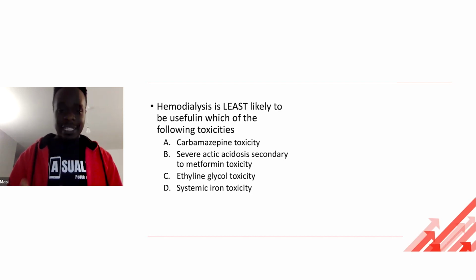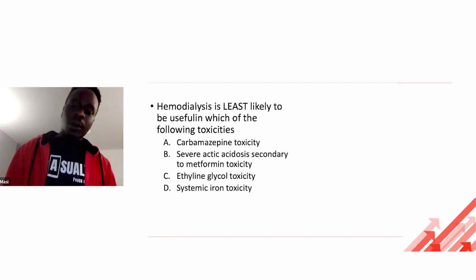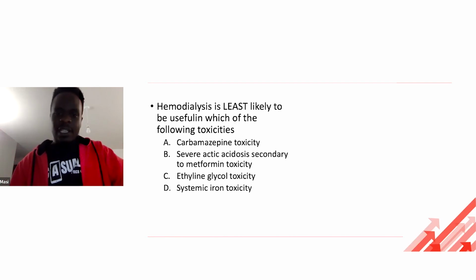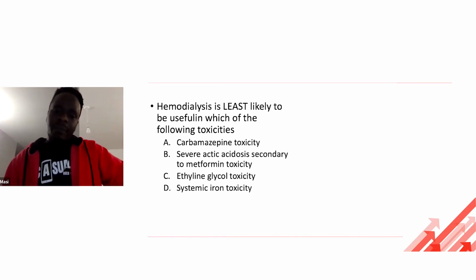And just like the initial one, there's a mnemonic that tells you which toxin can benefit from enhanced elimination. And the mnemonic is COP, I've stumbled. So carbamazepine, in case you have a higher osmolar gap, so in your paracetamol, in your salicylate toxicity, all the toxicities cause a higher osmolar gap. Propylene glycol, isopropanol, valproic acid, when you have an acid excess, so when you have a metabolic acidosis, irrespective of